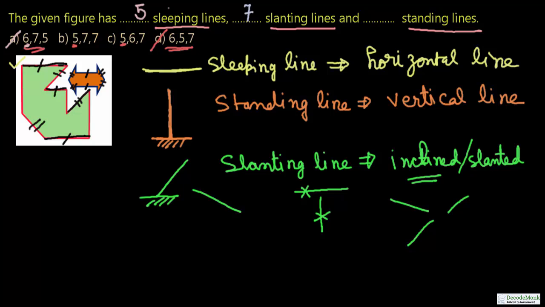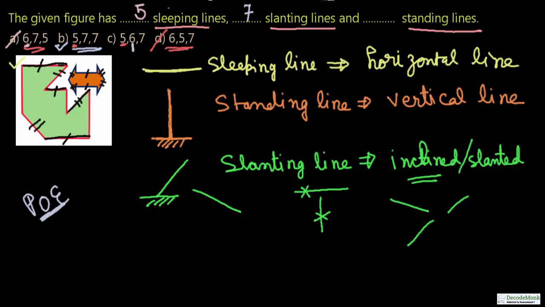So just by counting the slanting lines only, you can arrive at the answer that option B is the right answer, because option C has got 6 for the second blank. So you see, without counting the number of standing lines, you can arrive at the right answer, that is option B. So this process of elimination is very important, where you can eliminate wrong answers as you solve the questions. This will help you to solve questions fast, but for the sake of completeness, let us also count the